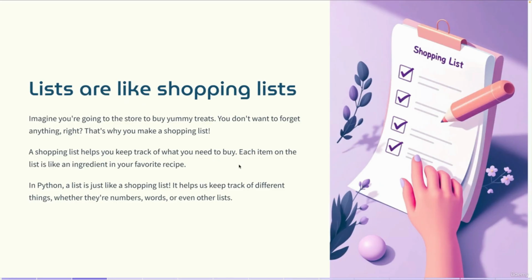A list in Python is very similar to your shopping list. Whenever you go shopping, you create this list of items. And because we know that programming is just another way of telling a computer what to do, we need to be able to represent real items, for example, a list of items you want to buy or a list of friends. We need to be able to represent that as a data structure that a computer can understand, and that's why